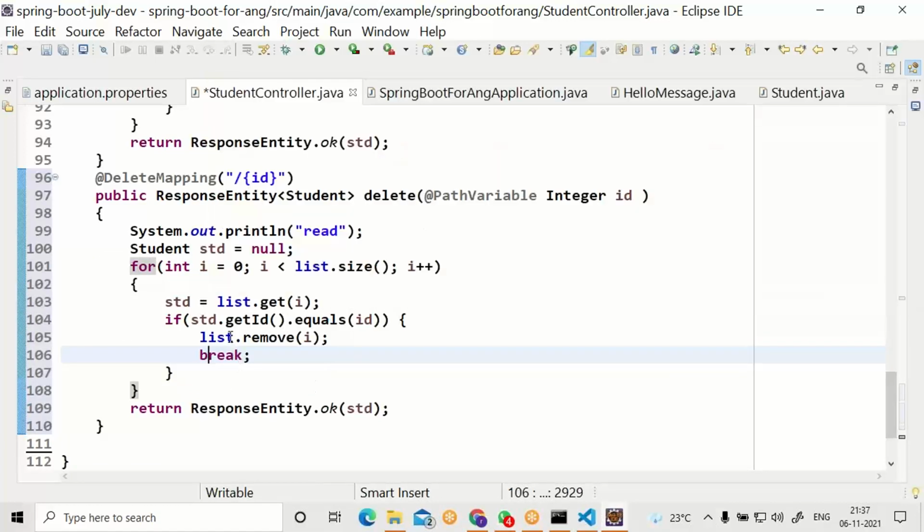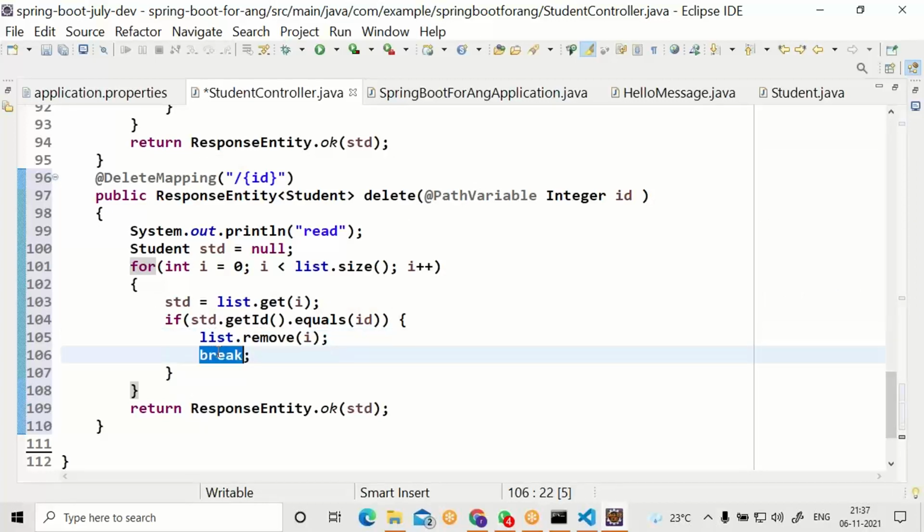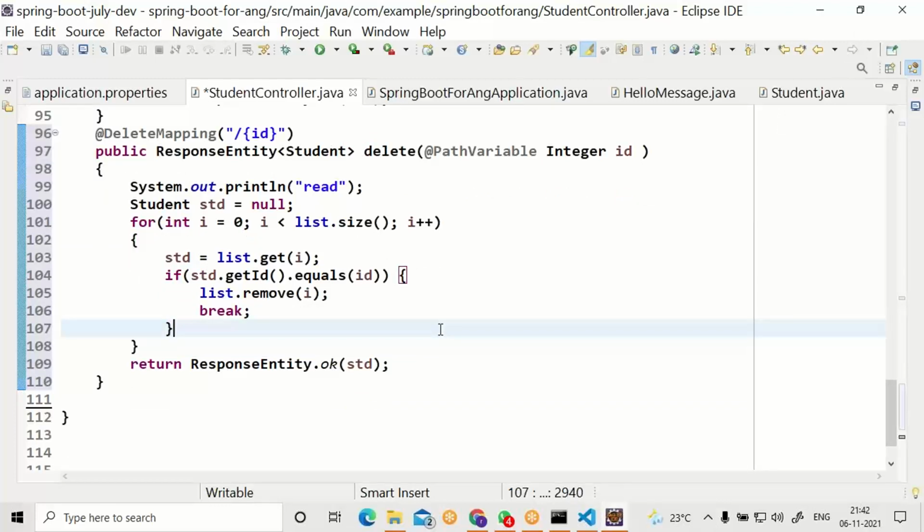Whichever student has the same ID, that student should be removed. After removing, you can go for break. The removed student, we are returning back to the client. Delete mapping is done.